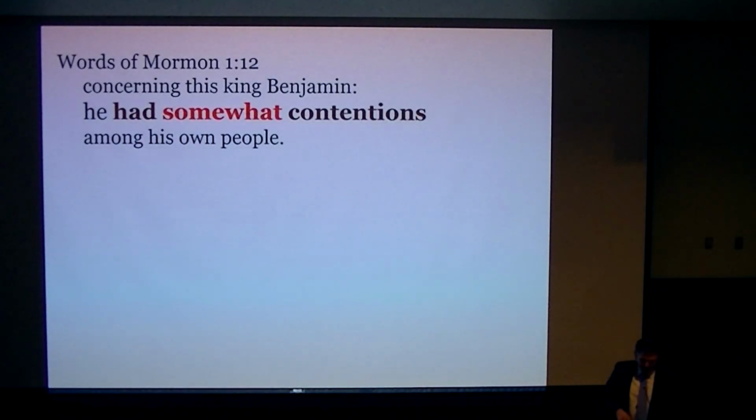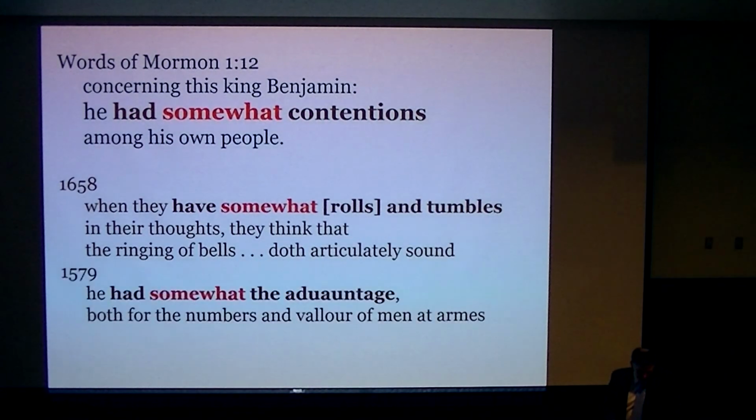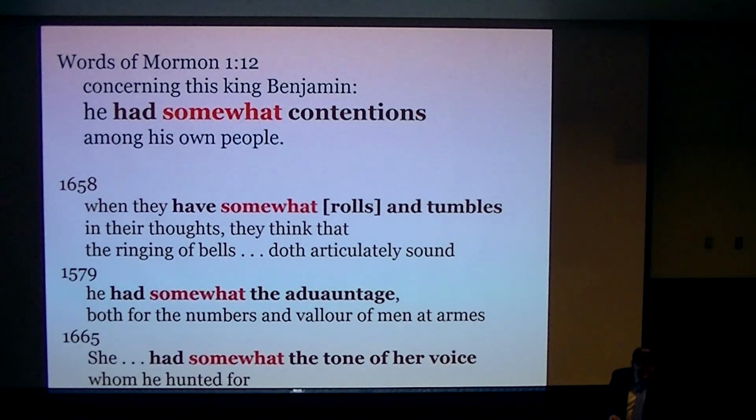"He had somewhat contentions." This has been criticized. It's been edited to "of contentions." But "somewhat" here is modifying the verb "have." "When they have somewhat rolls and tumbles in their thoughts." "He had somewhat the advantage." "She had somewhat the tone of her voice whom he hunted for." This one goes into modern English, but again, it's the "somewhat" acting as an adverb here, qualifying the verb, not